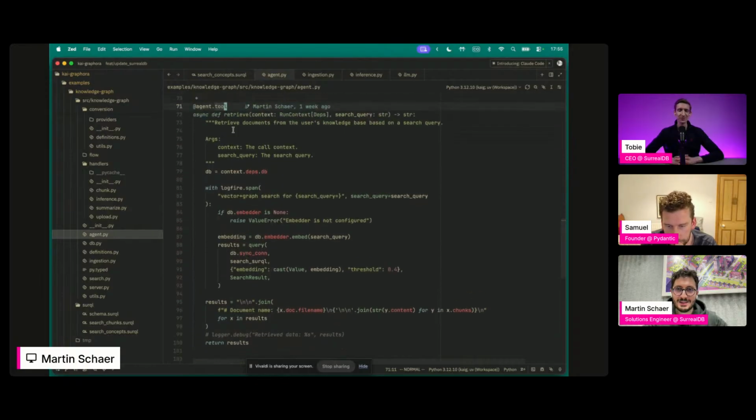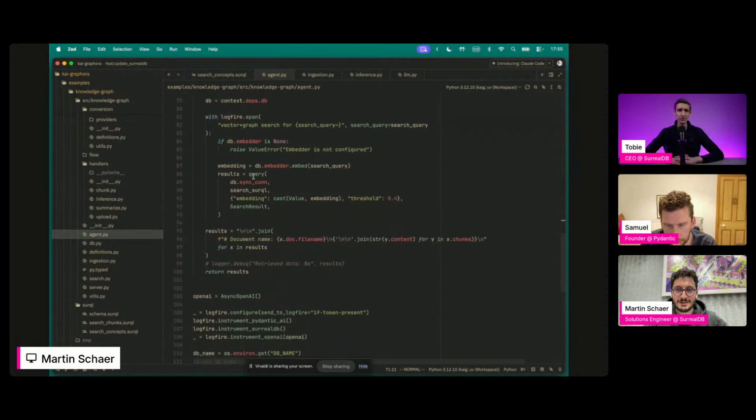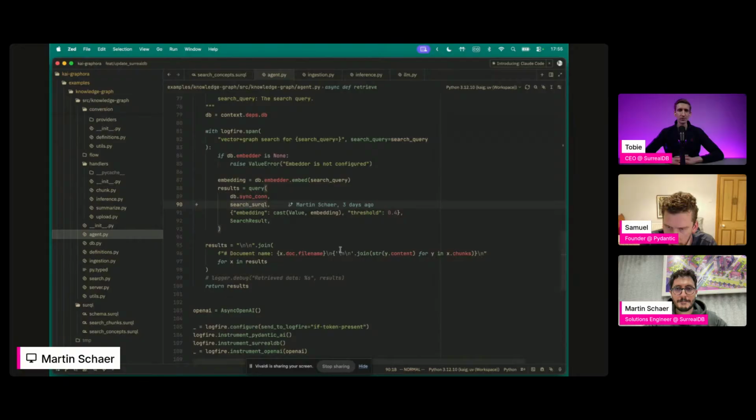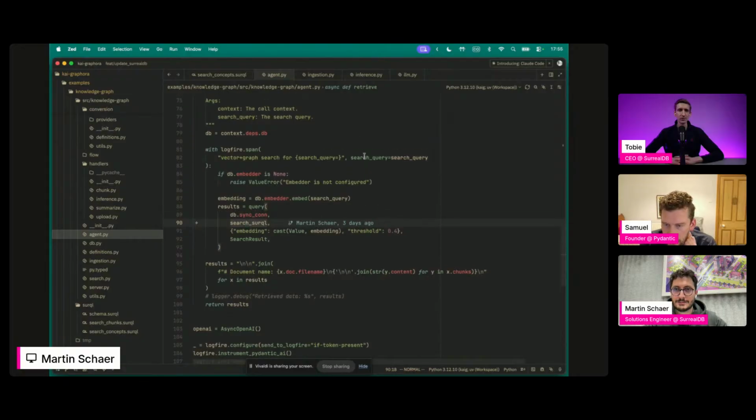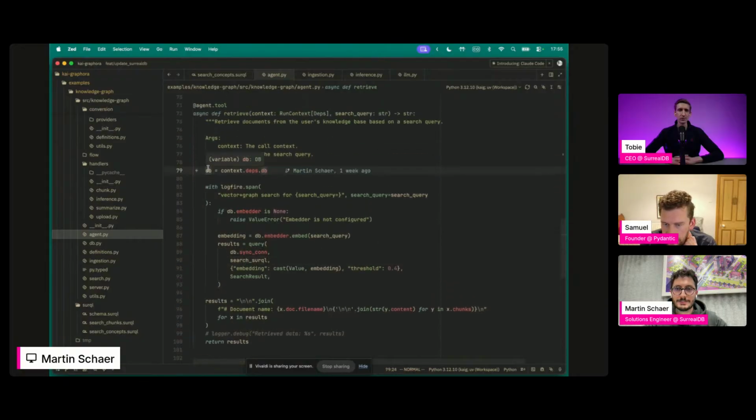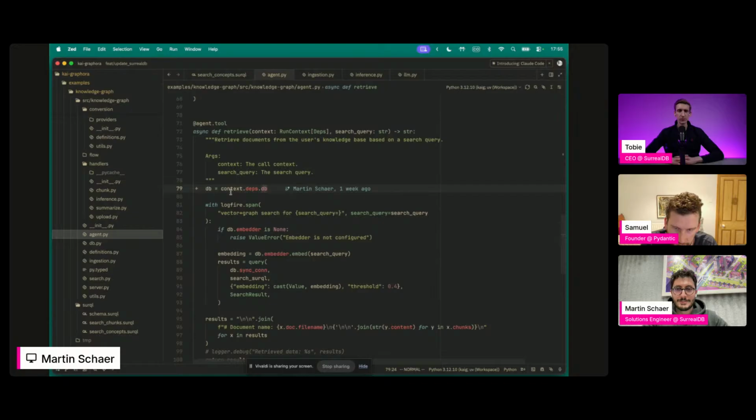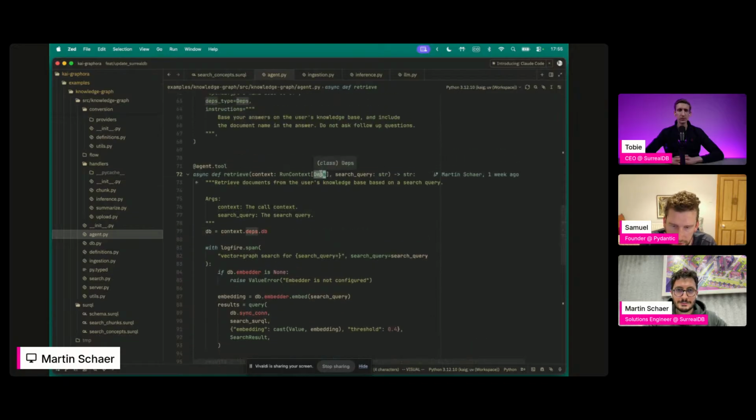And so this is pretty simple. Here is the query. It's worth hovering on line 79 on the DB. You'll see on the left that DB should be an instance of the database, because we have run context there as the first argument, parameterized with deps. We know it's going to be an instance of deps. If we pass the wrong deps here, we will get a typing error because the agent is generic in the deps type.